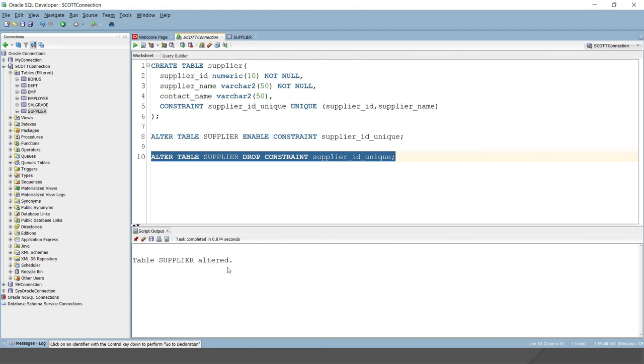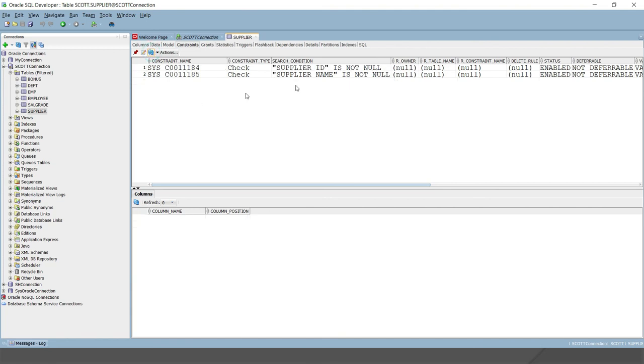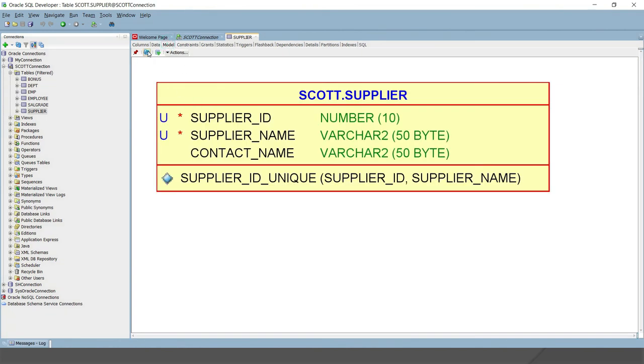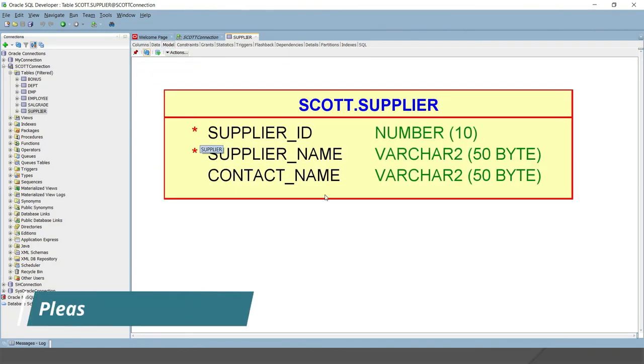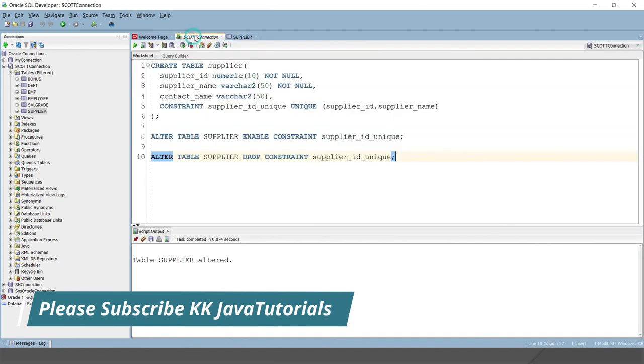And here you can see we have dropped it. Table supplier altered. If you go and see, that unique constraint must be deleted. Yes, it has been deleted. Now if you look into the model and refresh, it will give you the latest ER diagram. Here you can see the unique constraint has been deleted.